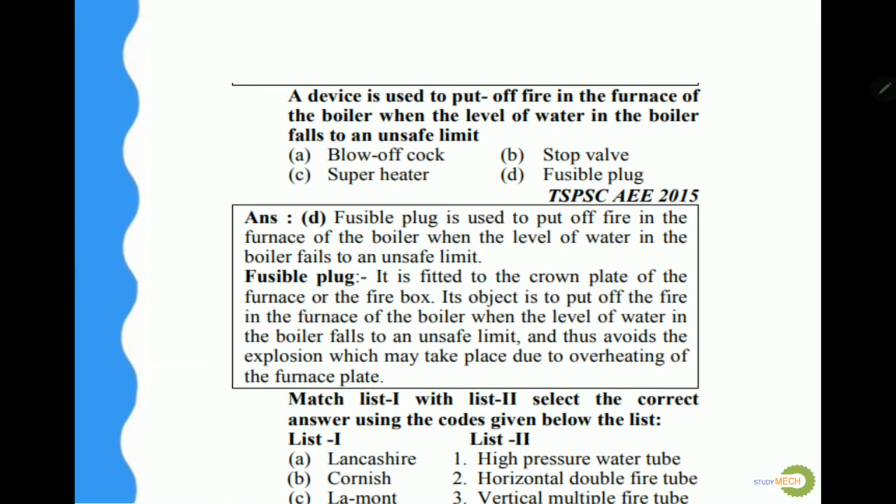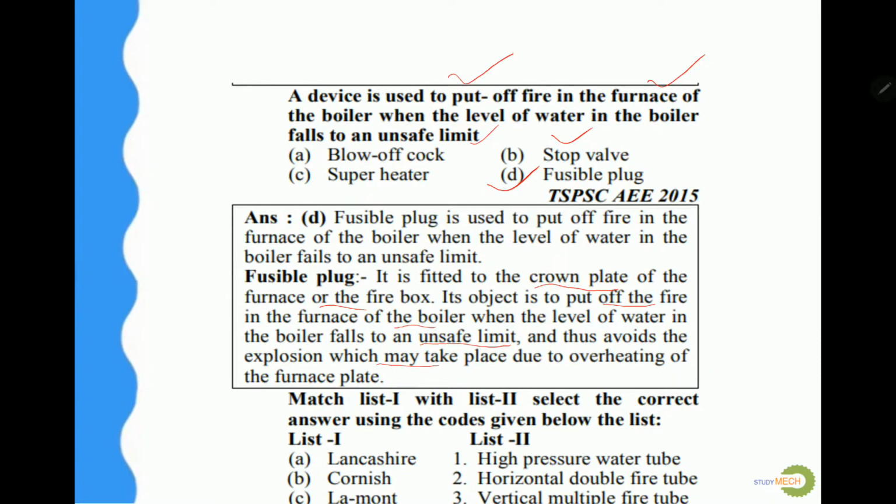A device is used to put off fire in the furnace of the boiler when the level of water in the boiler falls to an unsafe limit. Our right answer is option D, a fusible plug. It is fitted to the crown plate of the furnace or the firebox. Its object is to put off the fire in the furnace of the boiler when the level of water in the boiler falls to an unsafe limit, and thus avoids the explosion which may take place due to overheating of